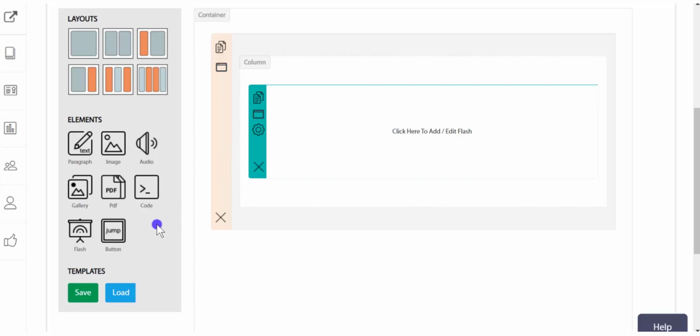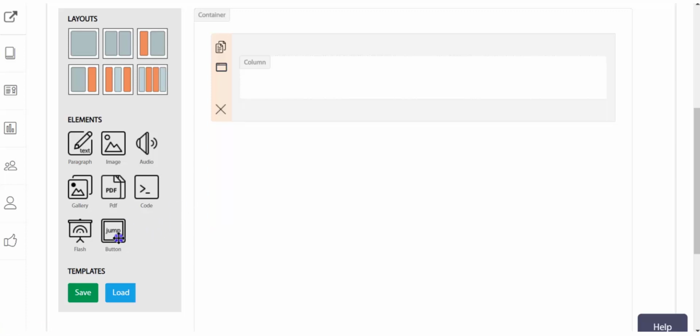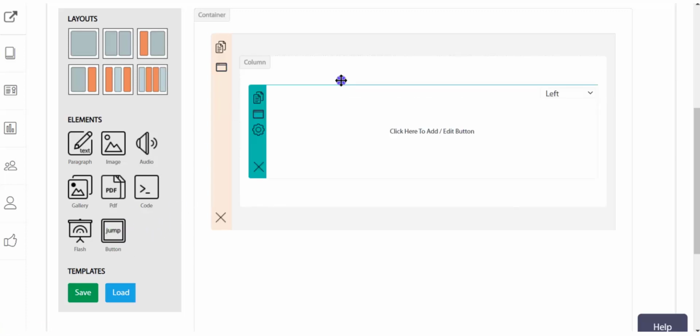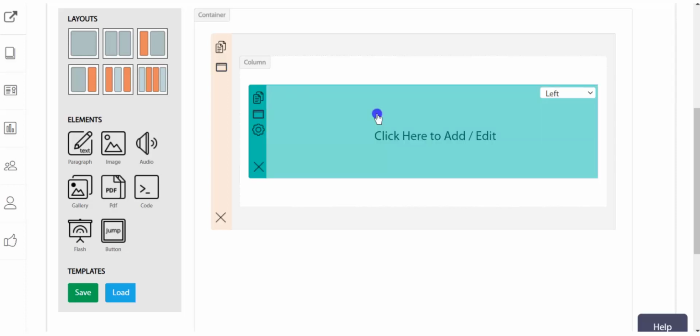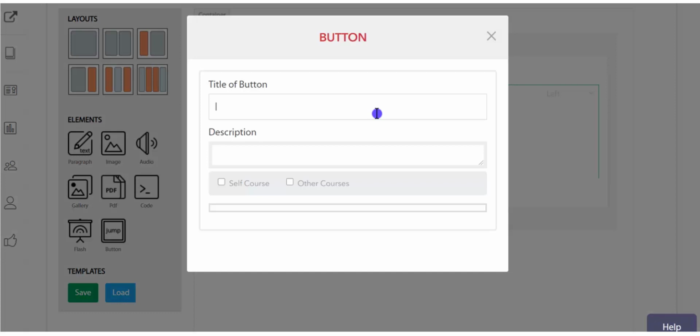Then the last element is the jump button. Jump button will link itself to another lecture of the same course or to another course, and will let the course be designed as a simulation or like a game. You can name this button by putting an apt title, which will serve its purpose to make the learners click it.